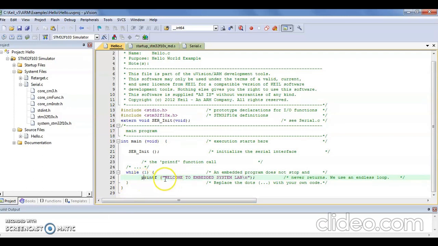When I transfer "Welcome to embedded system lab" serially, we see that internally the ASCII codes of the individual characters sent each time will be displayed indirectly to show the values sent.